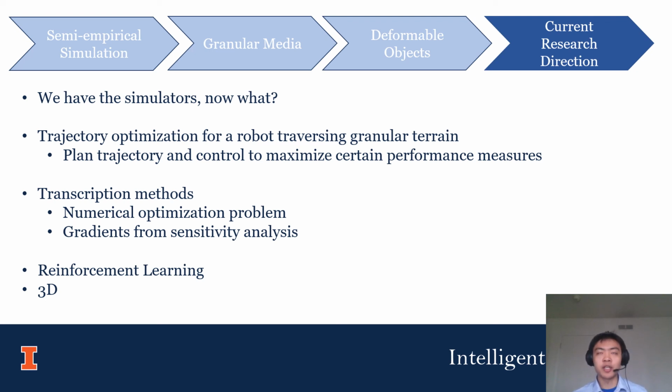This is what I'm currently working on, and I don't have results yet, but hopefully in the near future I should be able to get some reasonable results. Another approach is actually reinforcement learning, where we can throw this simulator into a model-free RL algorithm that basically treats the simulation as a black box, and we might be able to get some reasonable result out of it. I'm also trying to implement this and use it as a baseline for the trajectory optimization.